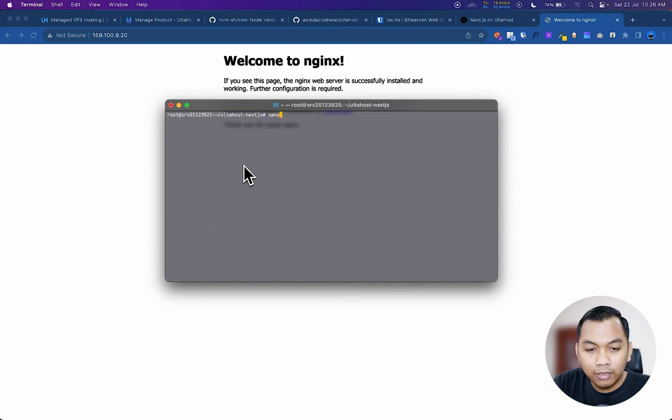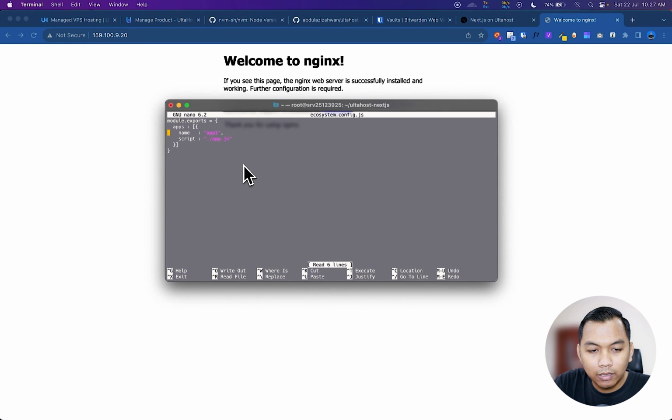So let's edit our pm2 config for our Next.js app. We can use nano ecosystem.config.js, and let's give a name for our config. So this is the config for our Next.js app. And what we say here is npm run build and npm run start -p and then 3000.